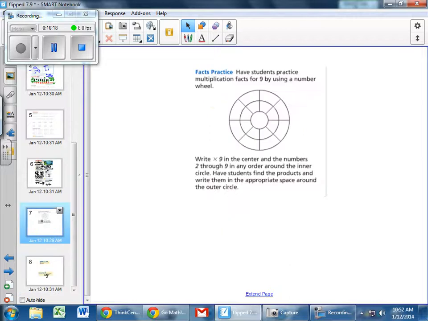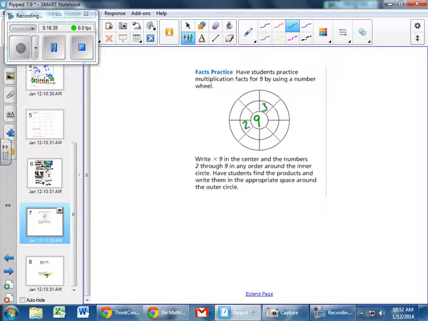And then we have some fact practice today. It says you're going to practice your multiplication facts for 9 by using a number wheel. Okay? So you're going to write 9 in the center and 2 through 9 in any order around the inner circle. So you're going to do 2, 3, 4, 5, 6, 7, 8, 9. Okay? And then you're going to find the products in the space around. So all you're going to do is 2 times 9 equals 18, 9 times 6 equals 54. So 9 has to be in the middle, but then you can do any of these numbers in any way you want and then find your